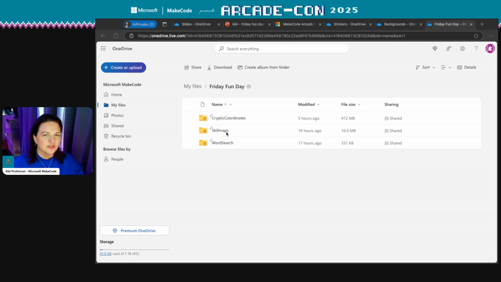The skill maps, which you can do any of the skill maps, which should give you dozens of free days if you should need them. But if you've already gone through all of our skill maps and tutorials with your classroom, then you can do the word search, and that's a nice breath of fresh air. It's very low code, but high thought process. And then we have cryptic coordinates. And to kick this off, I'm actually going to come back into the stream and I'm going to play a video for you. And you should be able to hear it if you have your sound up.